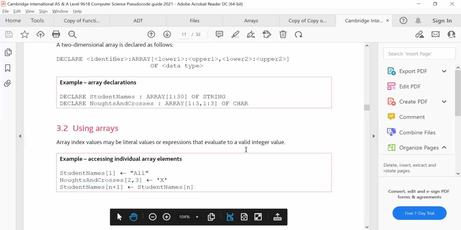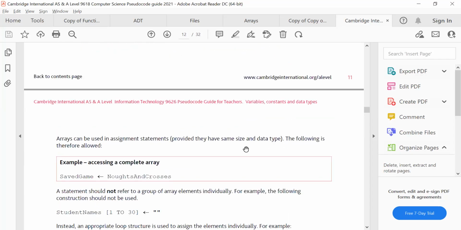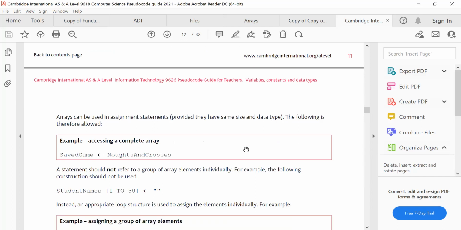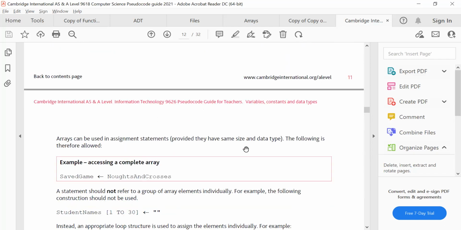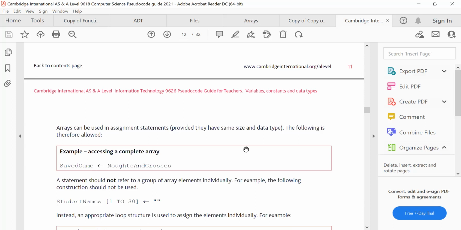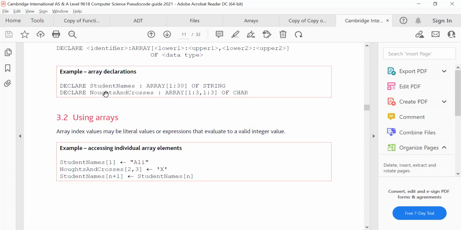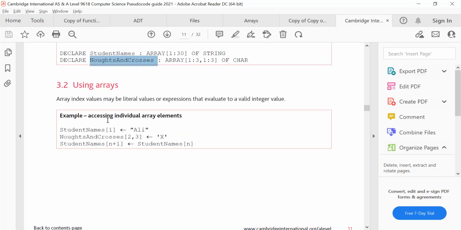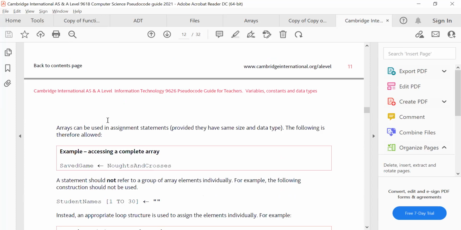Can you see my screen? Yeah. So here, one thing. If you can see here, he defined a 2D array. I know we didn't take 2D arrays, but I want to share with you that in pseudocode we are able to assign arrays to arrays. So if we have a 2D array called note and crosses, we are able to assign it to another array